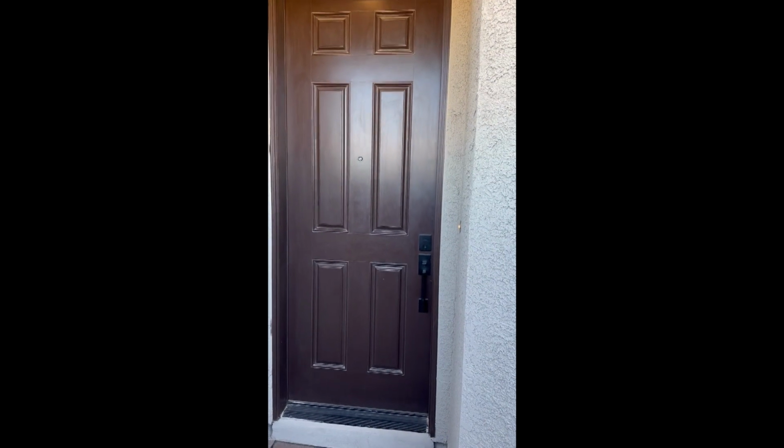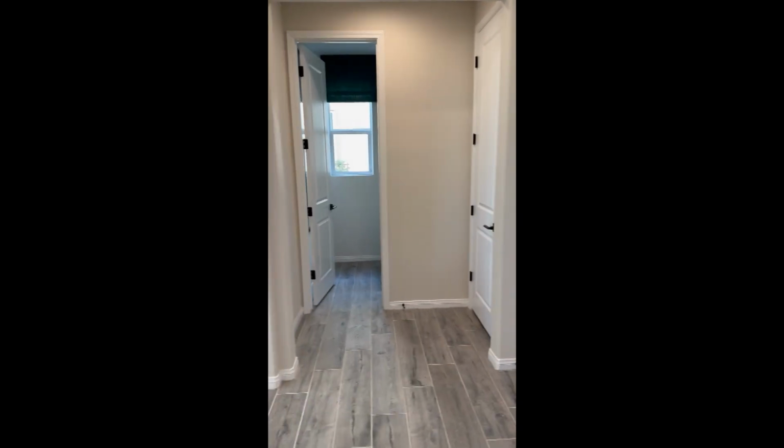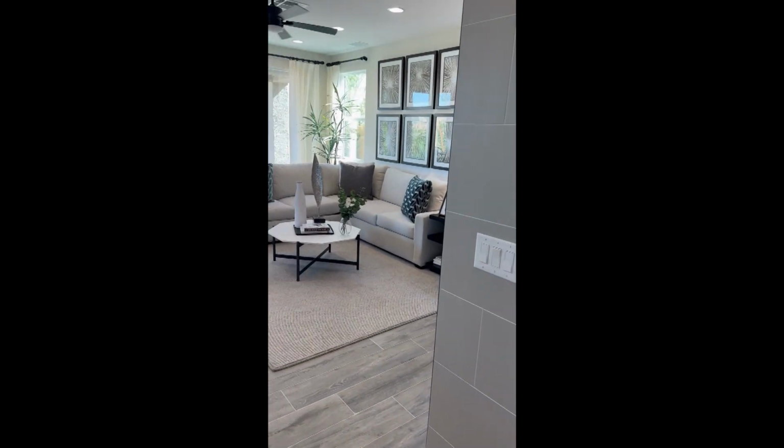Okay, let's go inside the house and check it out. It's a beautiful home. Okay, let's go inside the house. It has this nice entryway. Upon entering the entryway, you will see this high ceiling, and on your left you will see your open layout area,